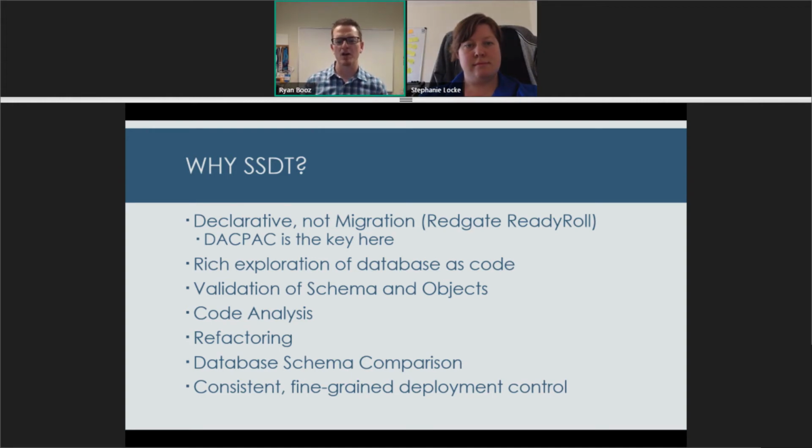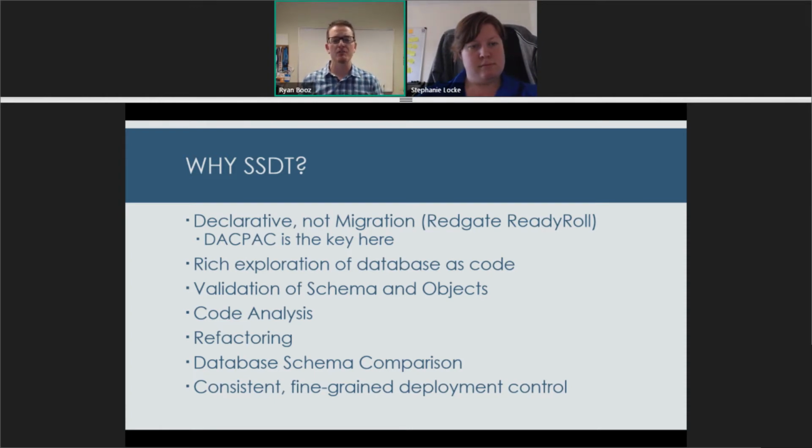So with a declarative model, when you build this project, what you get out the back end from MSBuild, from the project, is this file called a DACPAC. Now, really quickly, here's my one beef. DACPAC stands for Data Tier Application, which would be like DTA, right? How they got DACPAC out of Data Tier Application, I still don't know, and it bugs me. But you get this DACPAC file out, and it's an XML representation of your database, and there's some other stuff in there. It's really just a big zip file with a bunch of XML that can clearly and repeatably state all the objects and the state of those objects in your database.